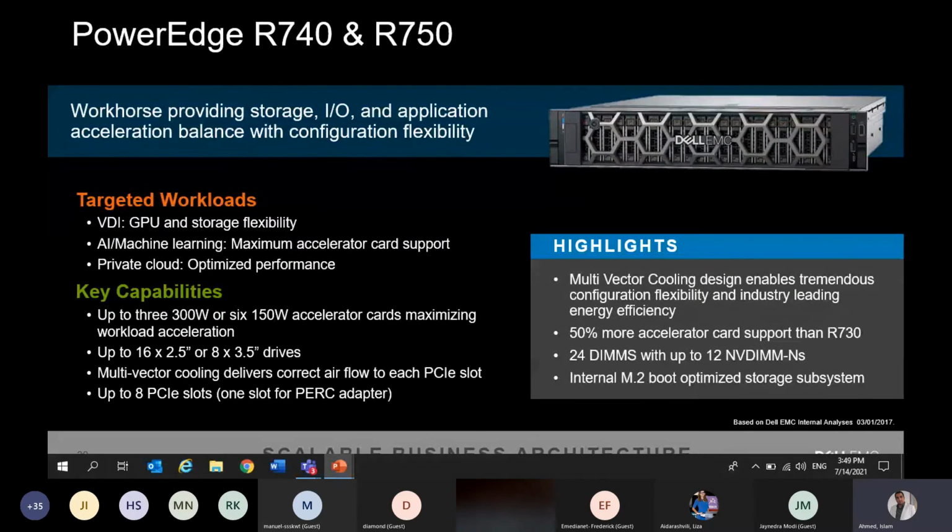The R740, we actually use it most of the time as a recording server or analytic server. Recently Dell released the R750, the fifth generation of it. This server has very high input output, and it can also accommodate a GPU for video analytics. So you can put a GPU inside it, and it is very suitable for streaming and rendering videos. So we usually use it for recording server. This server,